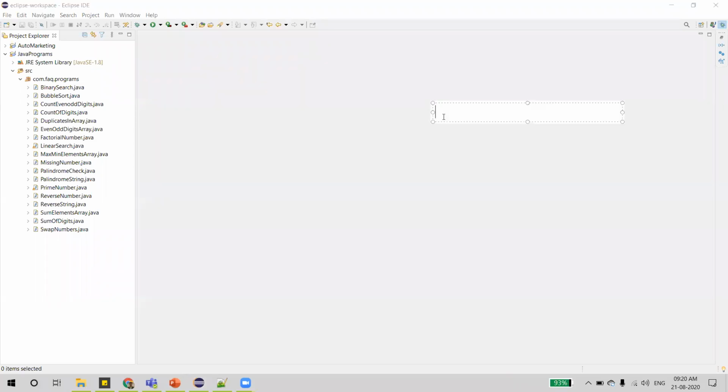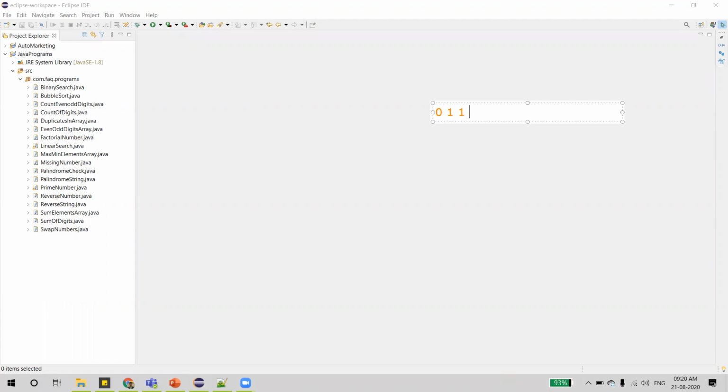In Fibonacci series, the first two terms are 0 and 1. And from there, to calculate the next term, what we do is we take the sum of the previous two numbers. So here in this case, the previous two numbers are 1 and 0. So the sum of 1 and 0 is 1.